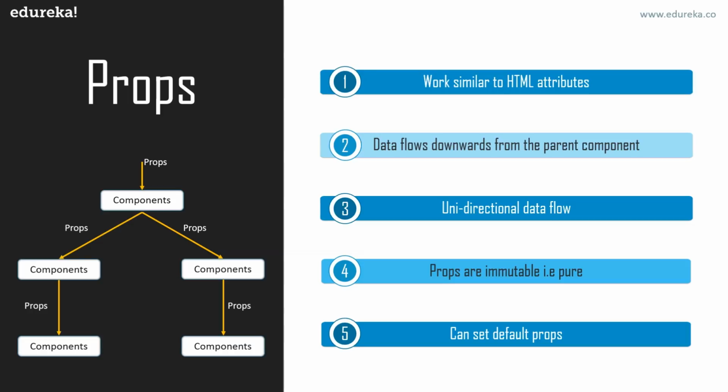But when I talk about an impure function, because the function is impure, it changes its own input. For this particular function, the inputs were account and amount, and you can see that I am changing the value of account. So it becomes an impure function, and that is not allowed when it comes to components and props, because all React components must act like pure functions. So props are read only, or you can say props are immutable in nature.